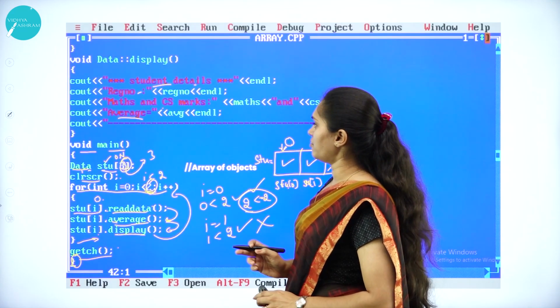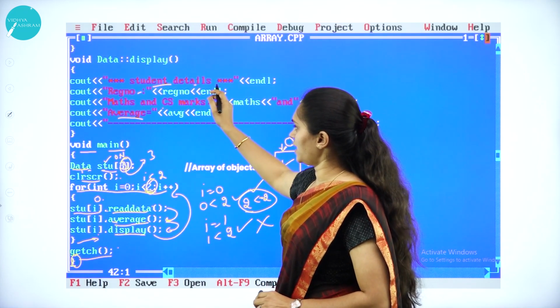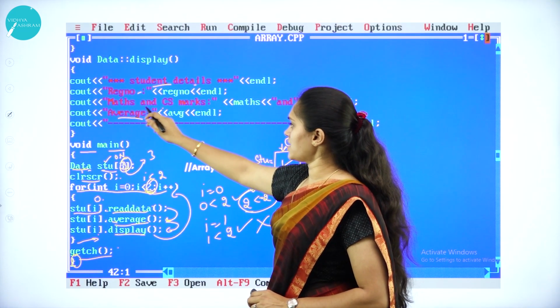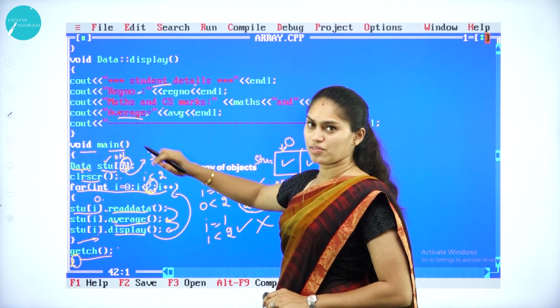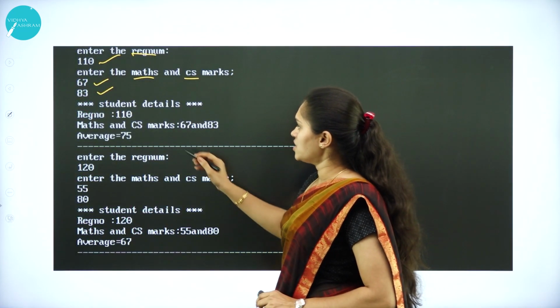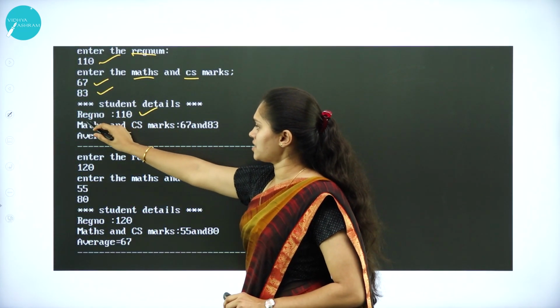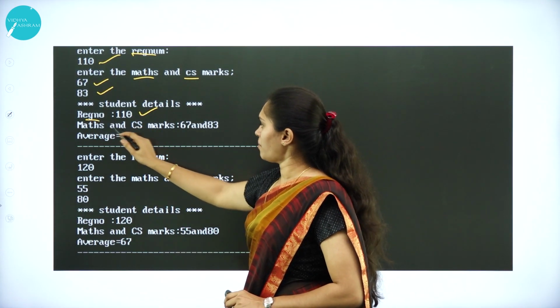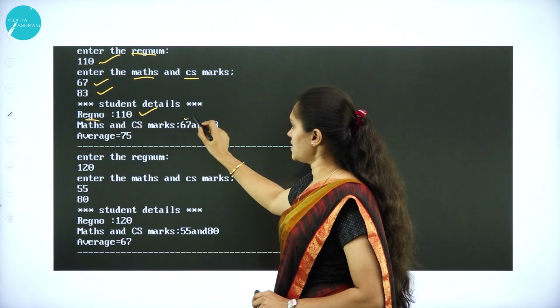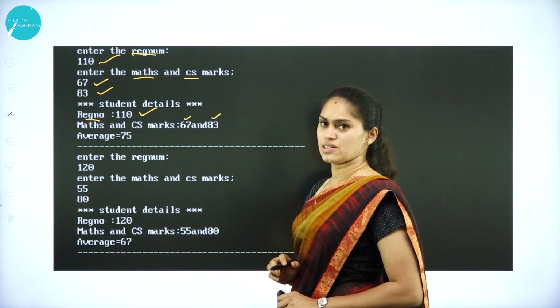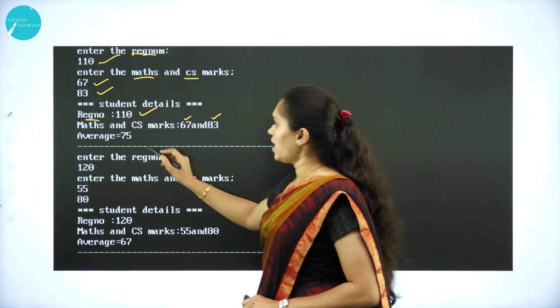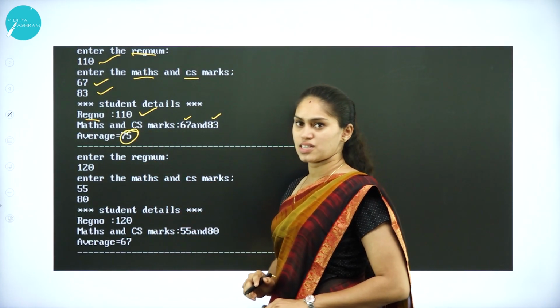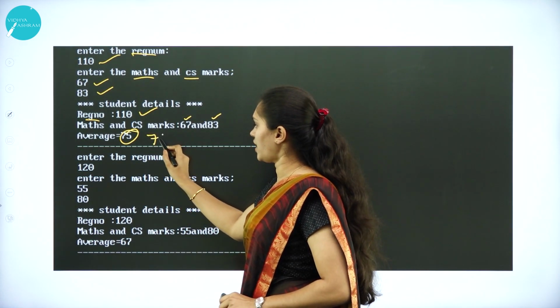In the display function, I have lines like student details, register number, maths and CS marks along with the average. So it gives the register number, that is 110, maths and CS marks 67 and 83. It adds these two values and takes the average, that is 75.